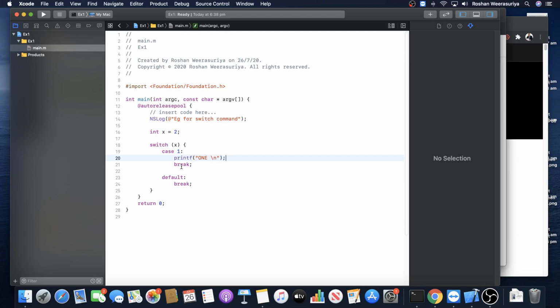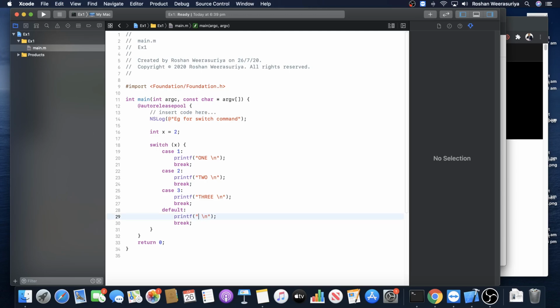And then there's a break, because once this case is done, you have to stop this switch, and then you break it. If it's case 2, meaning after selecting x, if the value is 2, let's say you want to print 2, and then once you are done, you have to break, which means it stops the switch from that point. Okay, case 3, that means if the x value is 3, let's say I want to print 3, and default means after checking x values, if it's not 1 or 2 or 3, then it comes to the default,